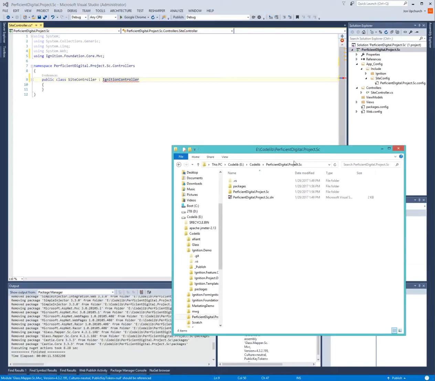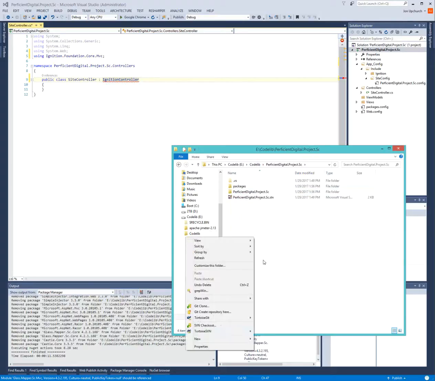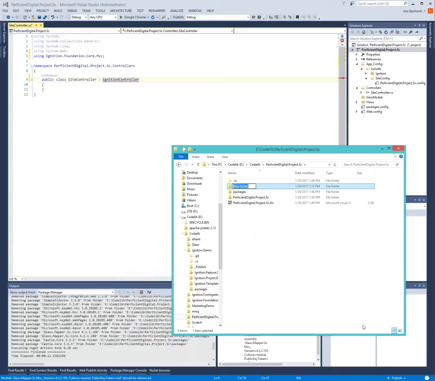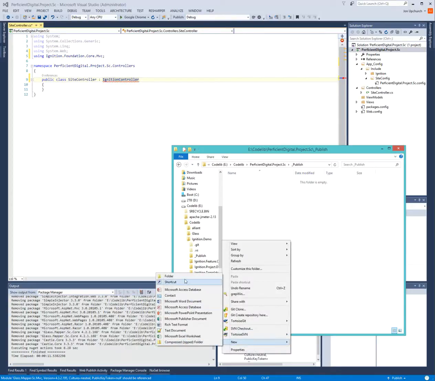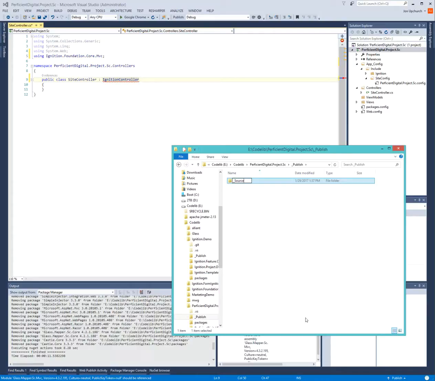So here is the project folder, the solution folder. So it's right here. I'm going to create a folder here called _publish. And the reason we're doing this will become apparent later. So I'm going to add a new folder here called _source. And inside of this source folder,